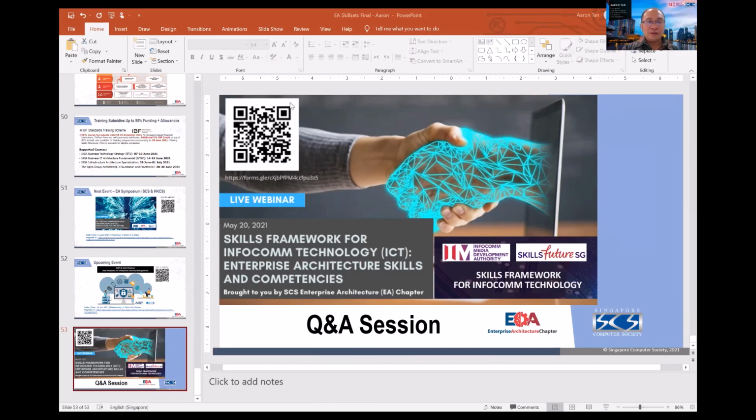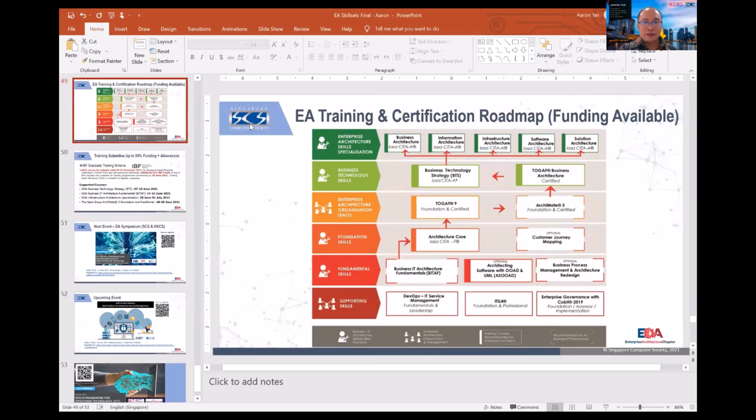So for instance, many people ask me, I'm already performing the job of software developer for many years, and I think I'm performing the software architect. Should I take the software architecture path? I mean, that they want to become a software architect. So I said, no, better not. You're already doing software architecture for 15 years. I think you better focus on the business architect or solution architecture.